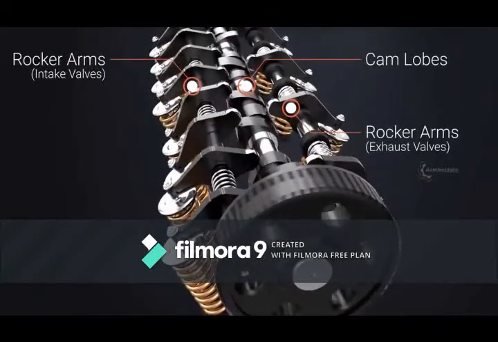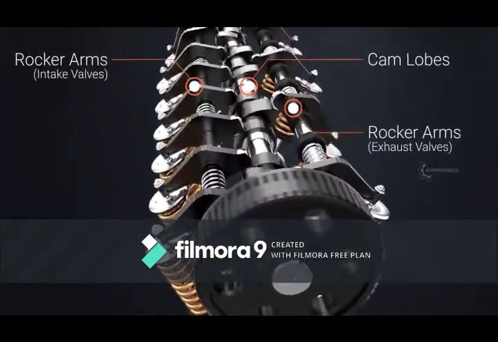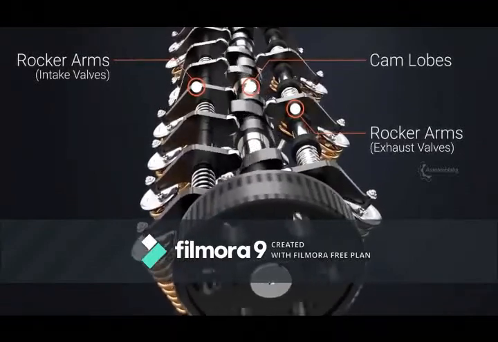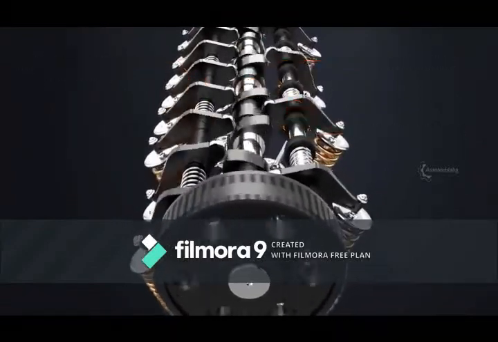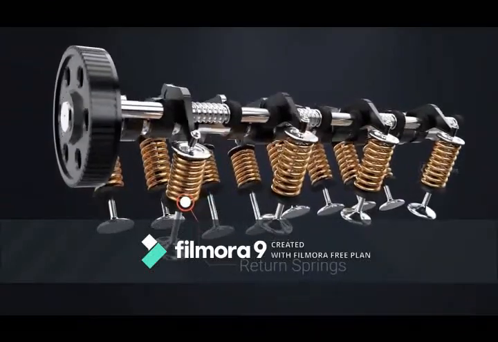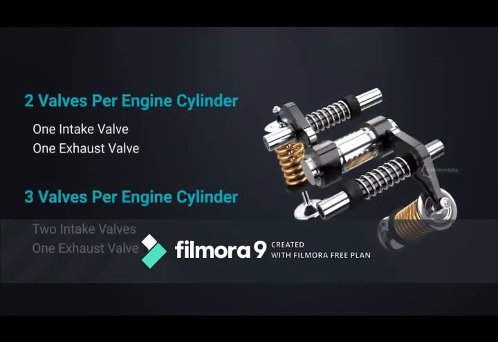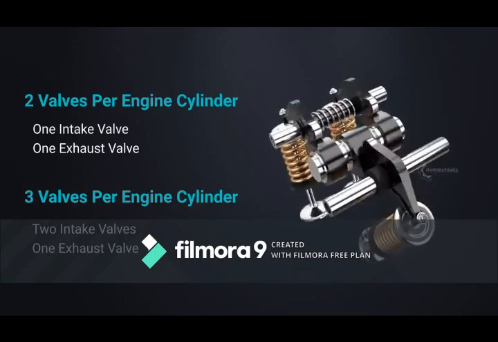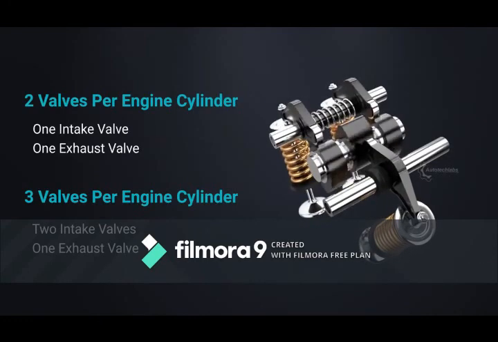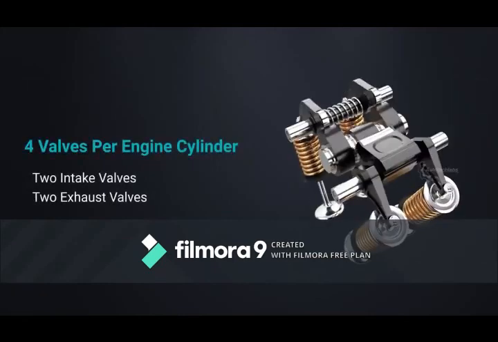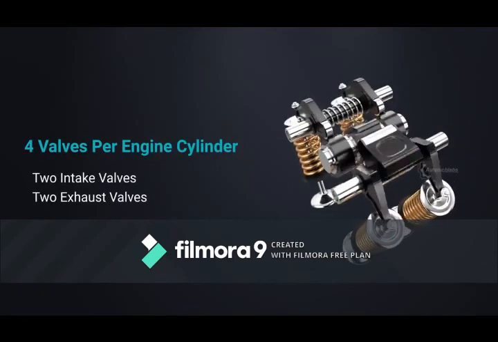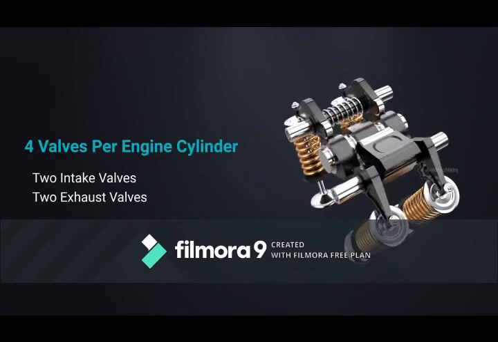The camshaft is designed in such a manner that the cam lobes push the rocker arms at corresponding timings to open the valves. The return springs ensure that the valves lift back afterwards and keep tension on the lobes. SOHC design typically allows 2 or 3 valves per cylinder, usually 1 valve for intake and 1 for exhaust, or 2 valves for intake and 1 for exhaust. However, current industrial competencies allow production of 4 valves per cylinder configuration using SOHC.